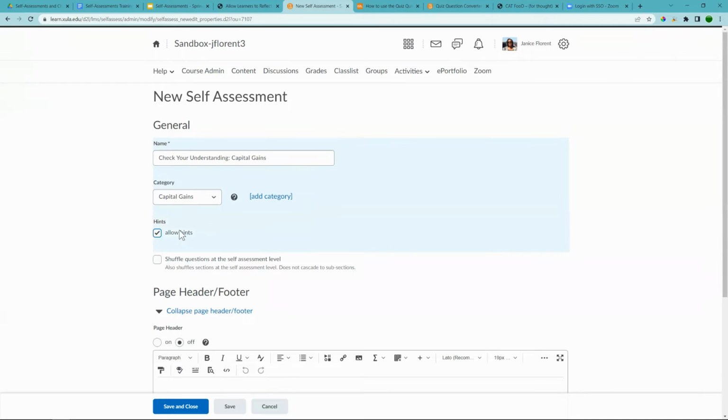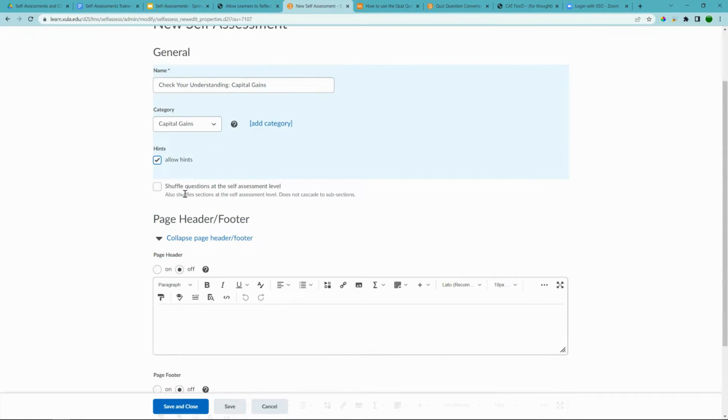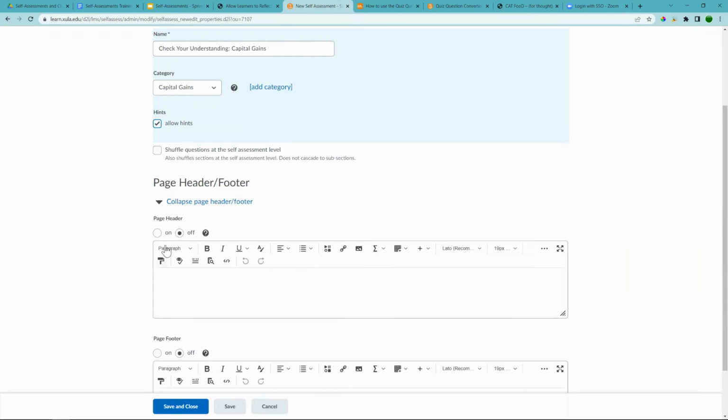If I have hints, I can check this box that says I want to allow hints. Do I want to shuffle questions? At this point, I only have one question for this. And then for the page header and page footer, I can include some information there if I want. But what I do need to do, if I'm entering some information here for the page header or the footer, is make sure that I turn it on. So